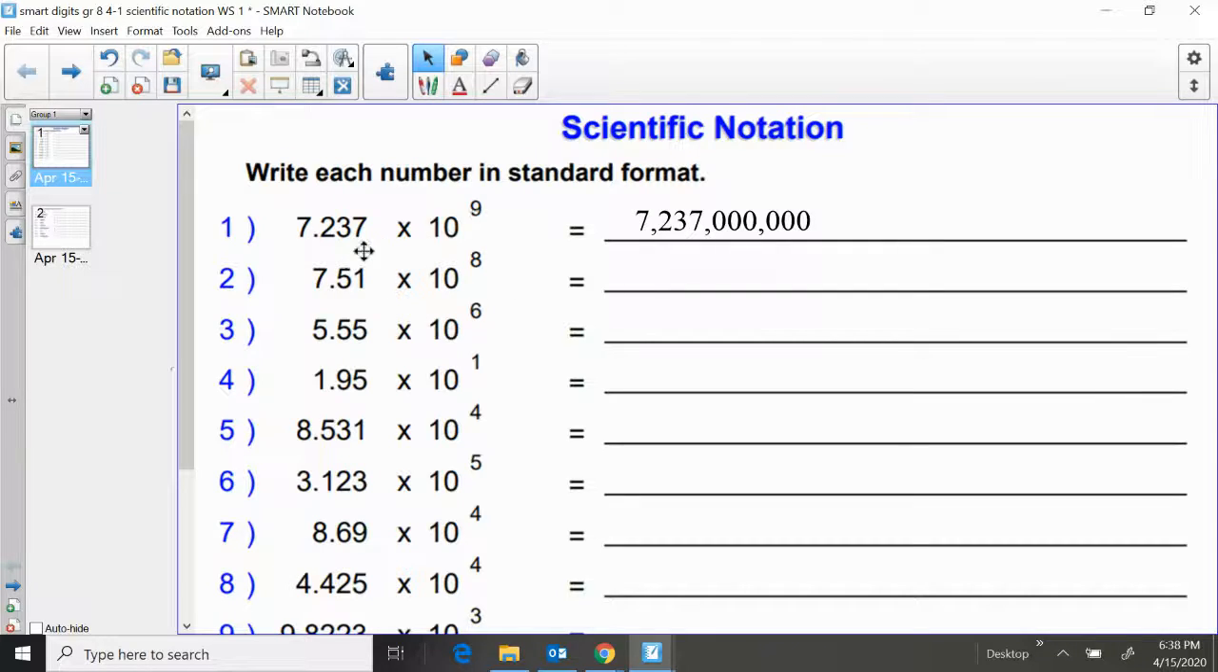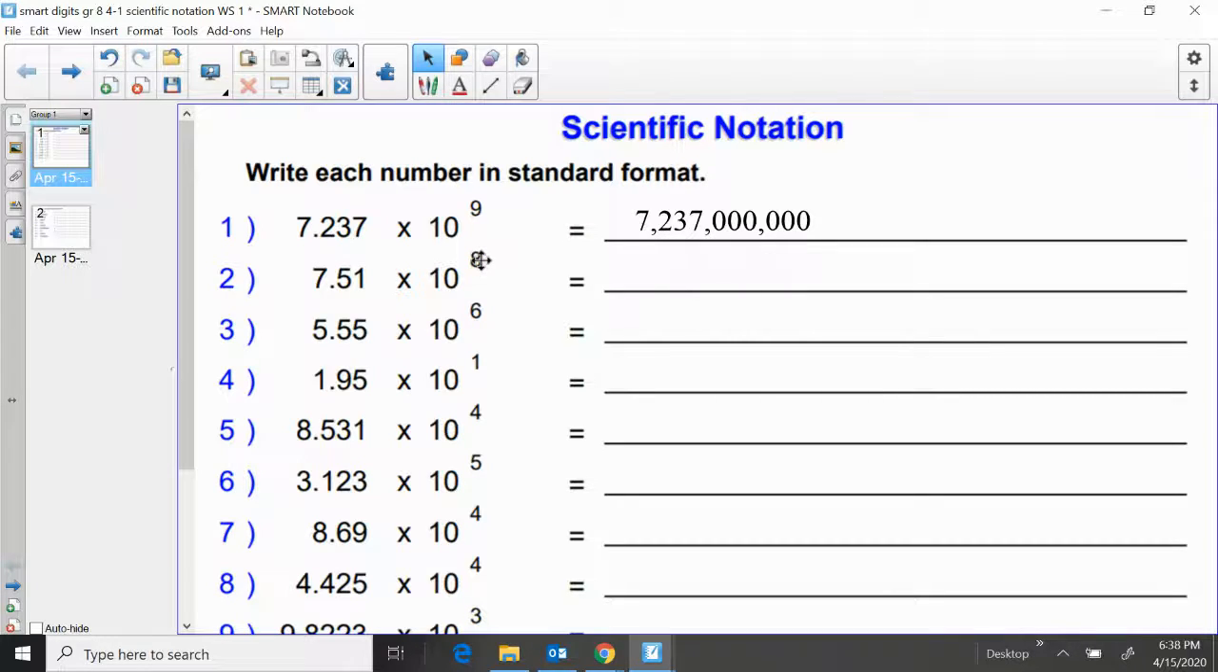7.237 times 10 to the ninth simply means I take this decimal point and I move it 9 times. And so if I look over here, and now I'm going to imagine that the decimal point was here, and I moved it 9 times. 1, 2, 3, 4, 5, 6, 7, 8, 9. For an answer of